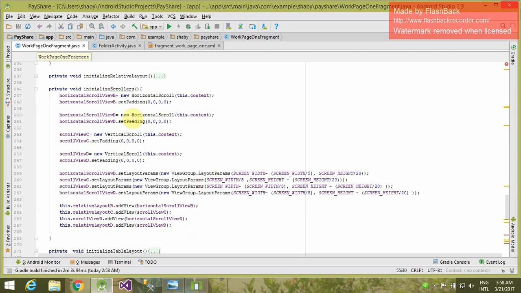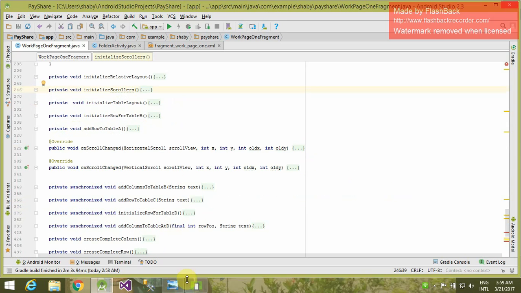This is the way we will initialize our horizontal scrollers or all the scrollers. Again, I have fixed the dimensions of these layouts, and finally with this add view function I have added these scroll views inside the respective layouts.